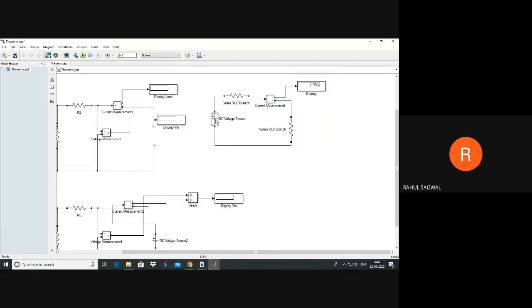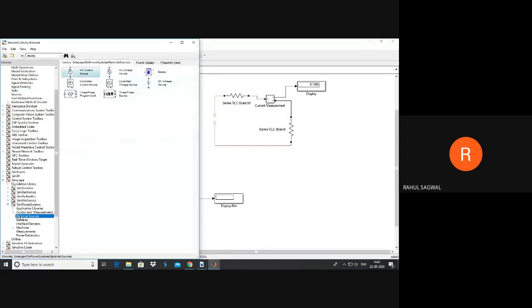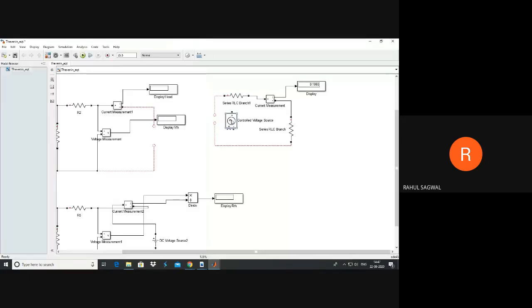Delete this source from here. Go to library. Go back to sources. Here you are seeing controlled voltage source. Take this option, drag it here.